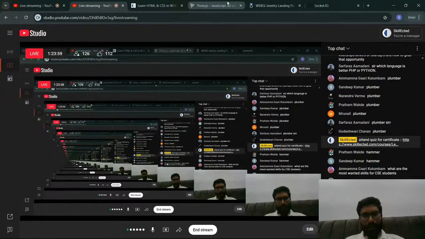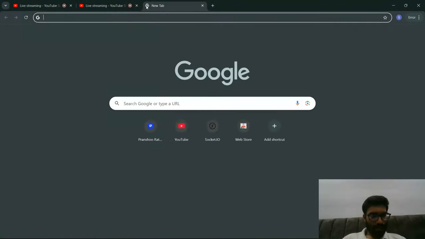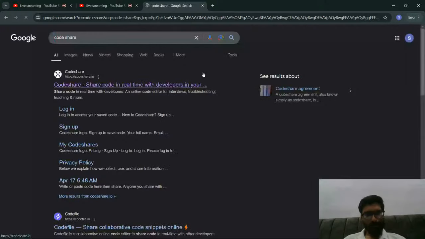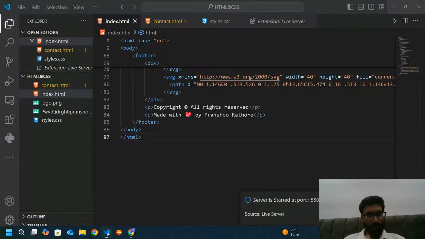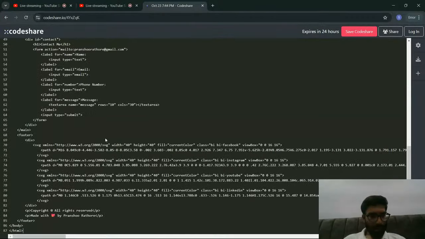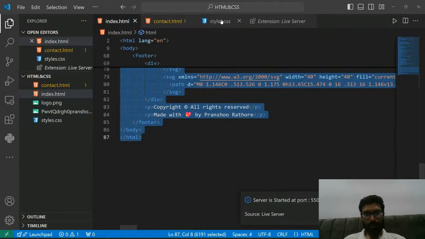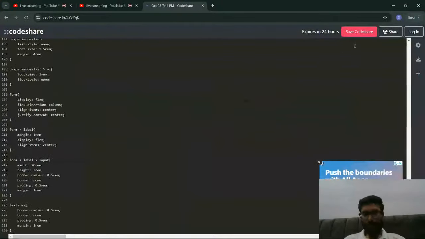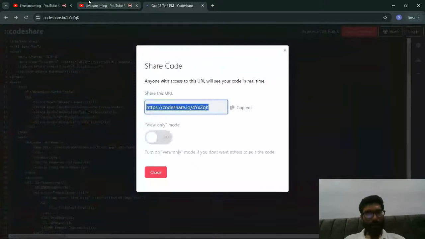Yeah, I've already shared that source code. Okay, once more I'll share it. So code share. Okay, once more I'll copy this full code. I'll paste it. Then CSS code also. So share link and